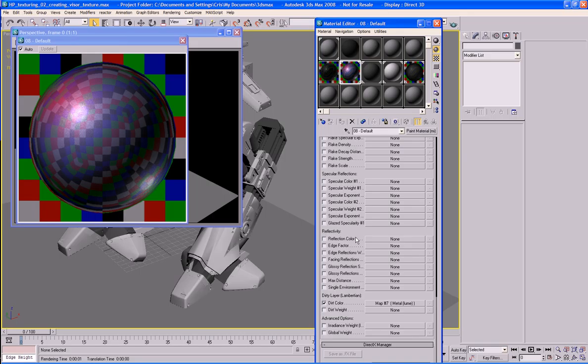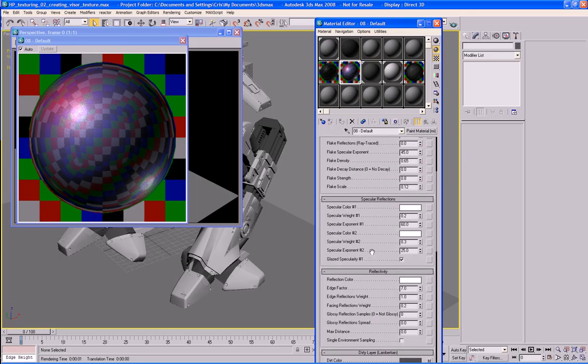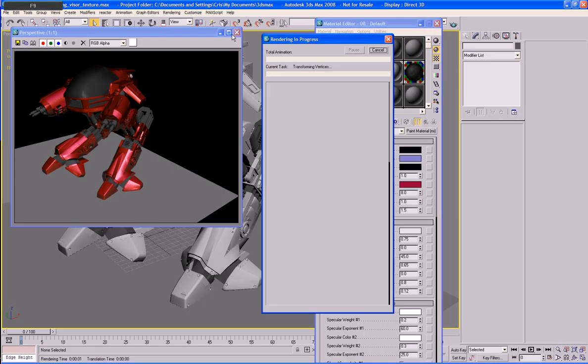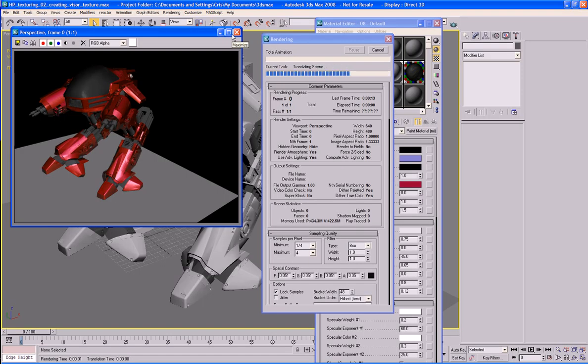Okay, dirt weight can be applied evenly, or it can be applied by using a map a bit like an alpha. I'm just going to have mine applied pretty much evenly. Okay, let's close that off, and now we should see, if I do a quick render,